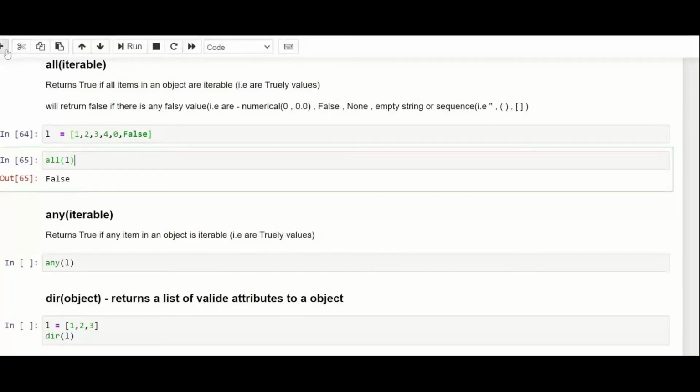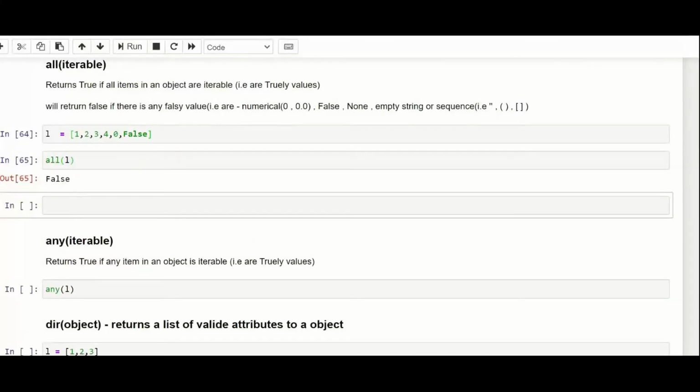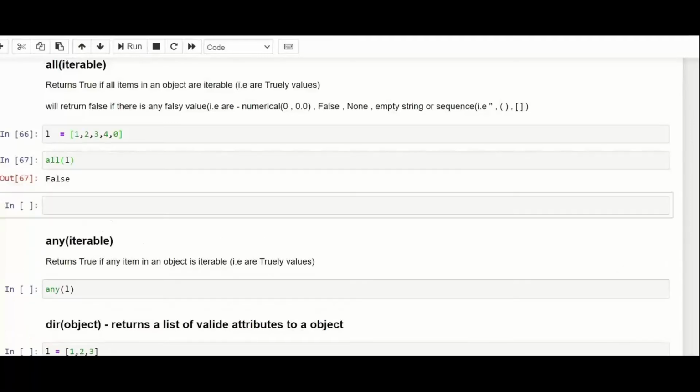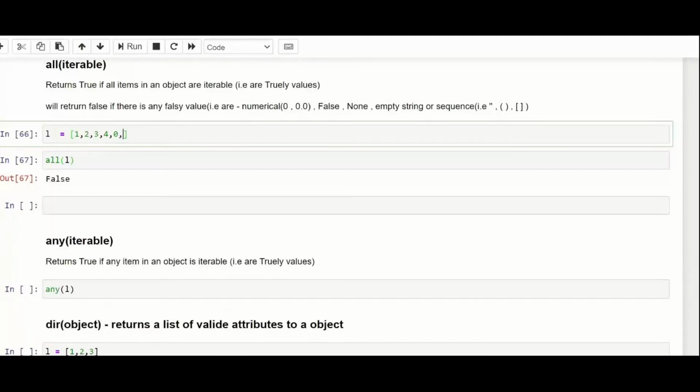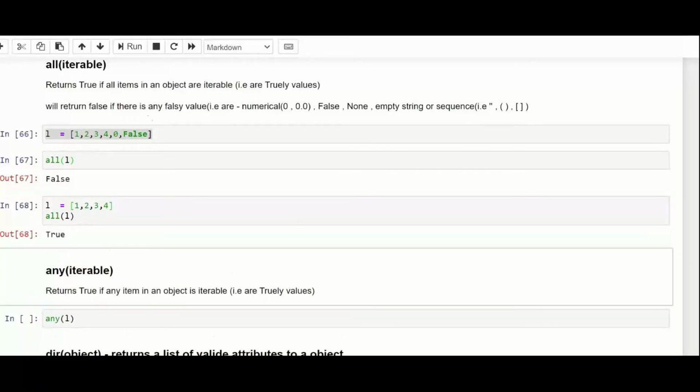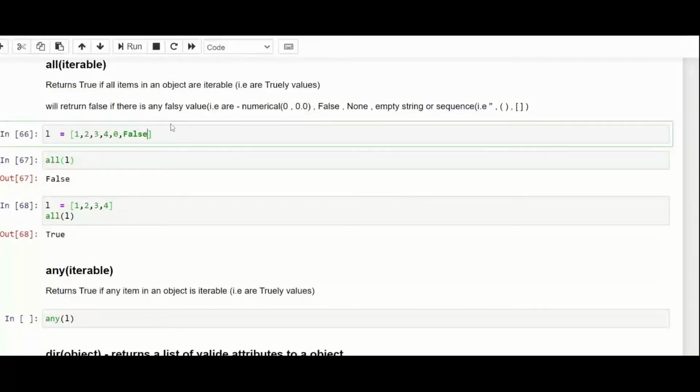All the values should be true, let me show you another use case, and let me show when it will be true. The main thing is that all will check whether all the values in the iterator